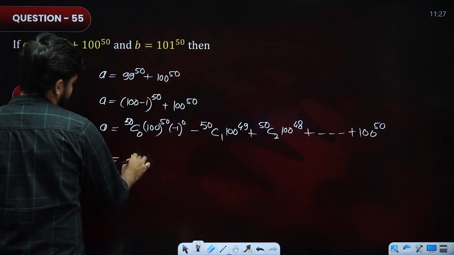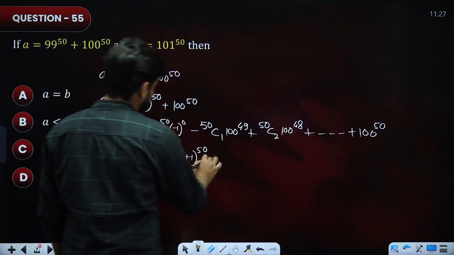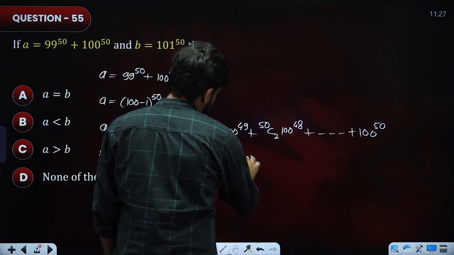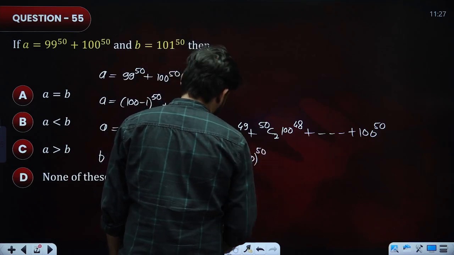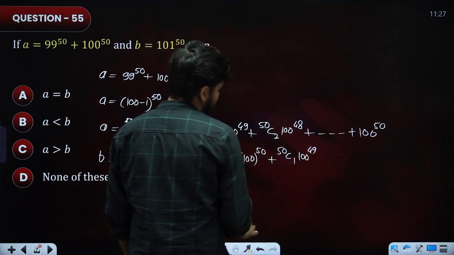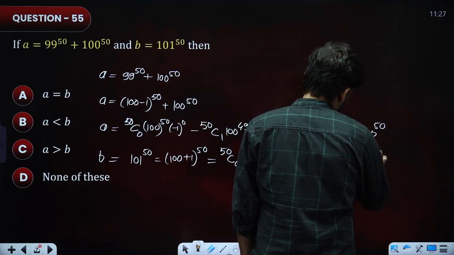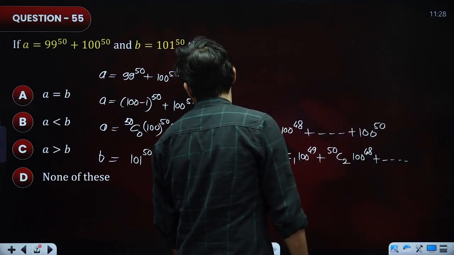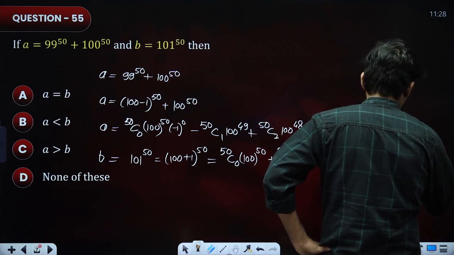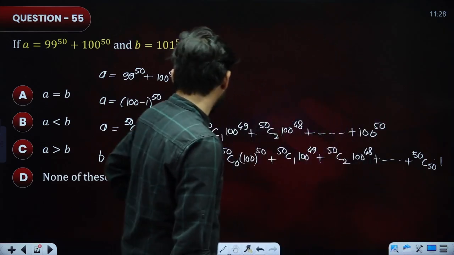For B we have 101 power 50. This is equal to (100 plus 1) power 50, and now we can write 50C0, 100 power 50 and 1 power 0, plus 50C1, 100 power 49, 1 power 1, plus 50C2, correct, 100 power 48, okay, till we can write 50C50 into 1 over here. Okay, now